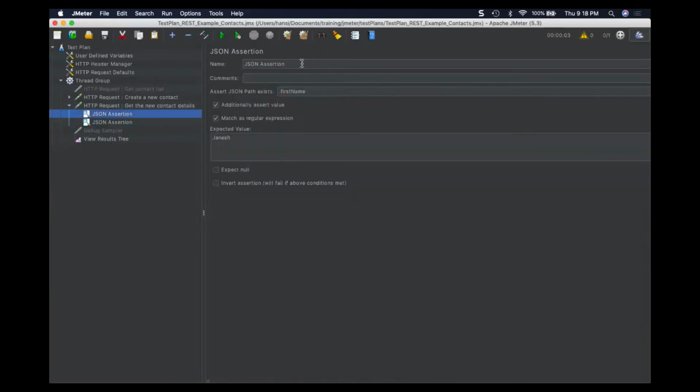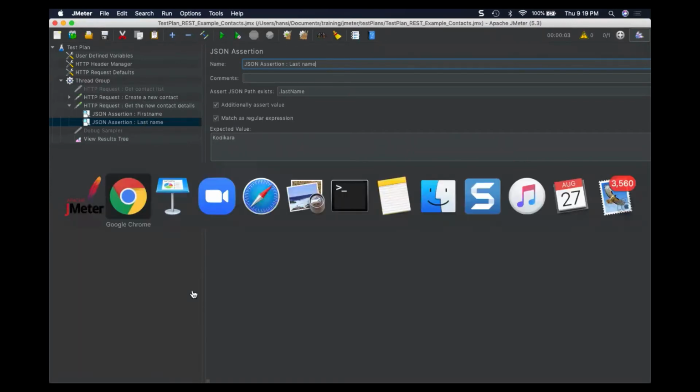I will rename the assertions as well: first name and last name. This one will help you to verify the data in the response. Next we'll go to the API documentation again.